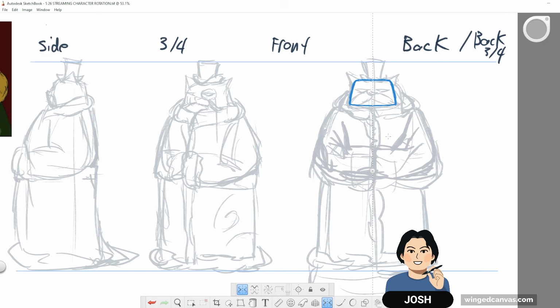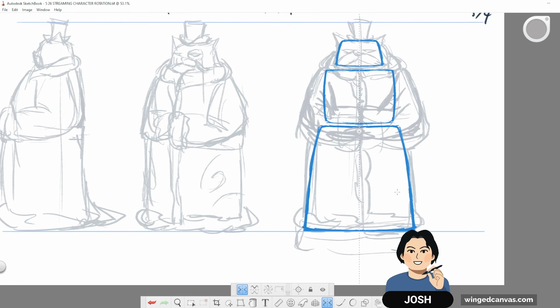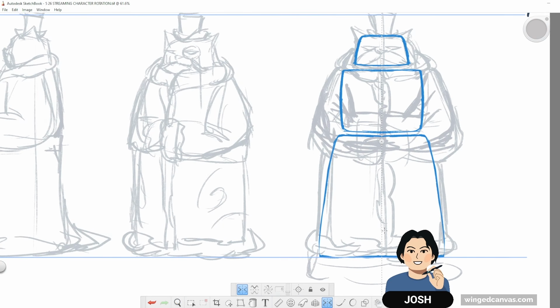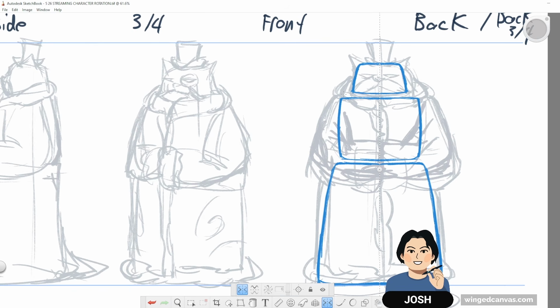So what I'm doing right now, I am figuring out the structure of my character. I want to figure out the overall structure of the head, and then I want to figure out roughly the size and structure of the body, because this is going to help guide my drawing as I am moving across to all the different other angles. If you're wondering how come I didn't draw the legs, it's because I'm probably not going to see the legs since the coat is so big. There's no real point for me to draw the entire coat, so I'm just going to draw it as a